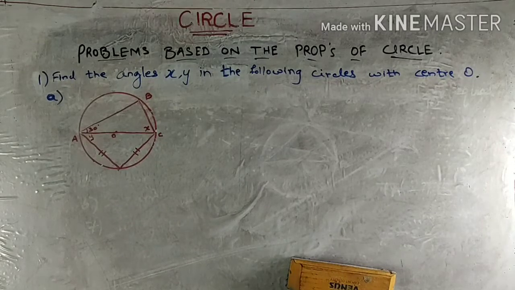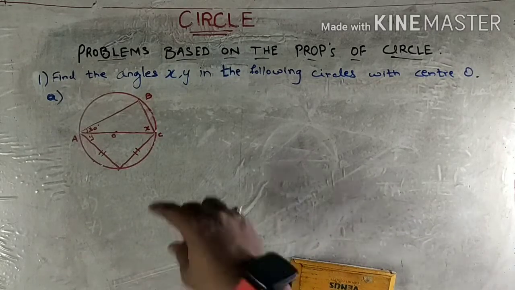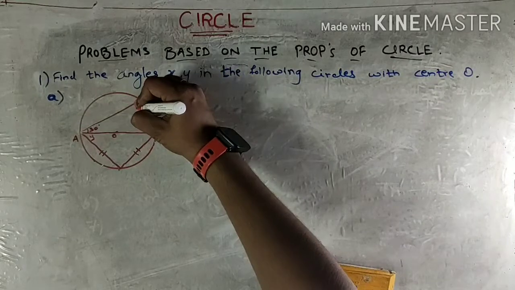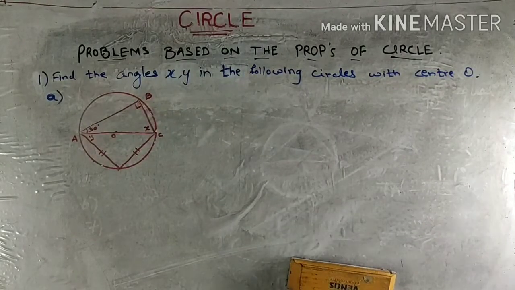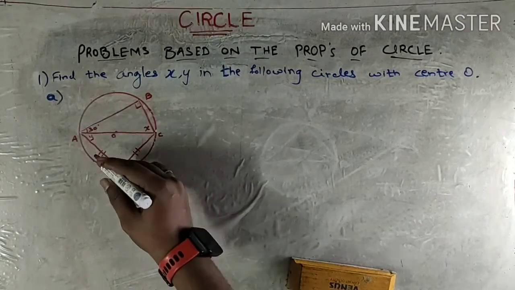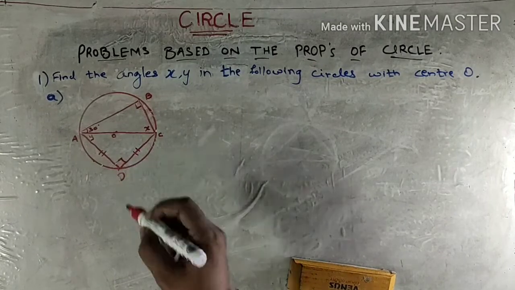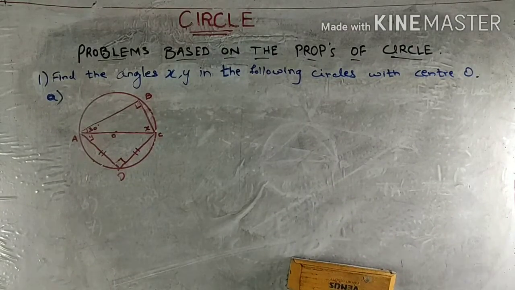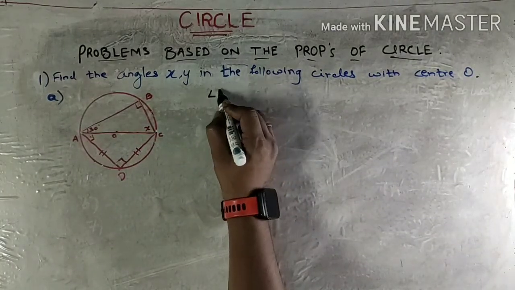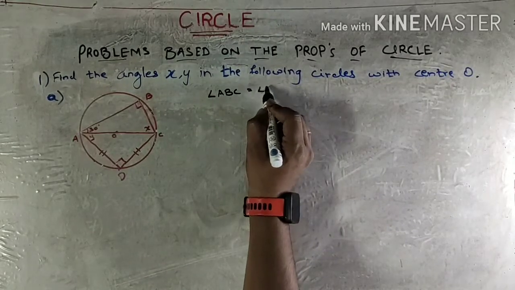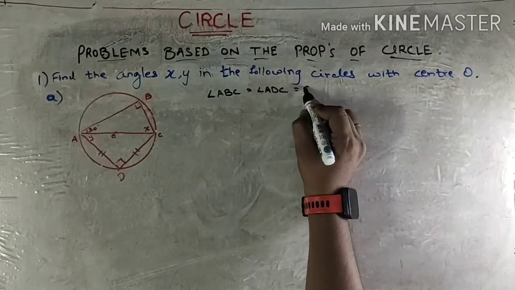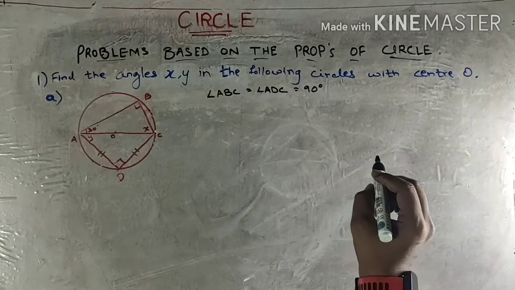Now, from the properties that we have studied, we can make out that angle ABC is inscribed in this semicircle. Hence, the angle will be 90 degrees. It's not given. We need to know it from the properties of the circle. Also, this angle ADC is inscribed in the semicircle, and hence it should be 90 degrees. So we are supposed to write, giving a reason, angle ABC is equal to angle ADC is equal to 90 degrees. Reason,